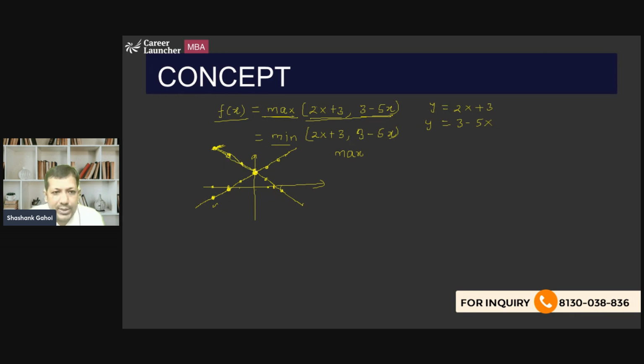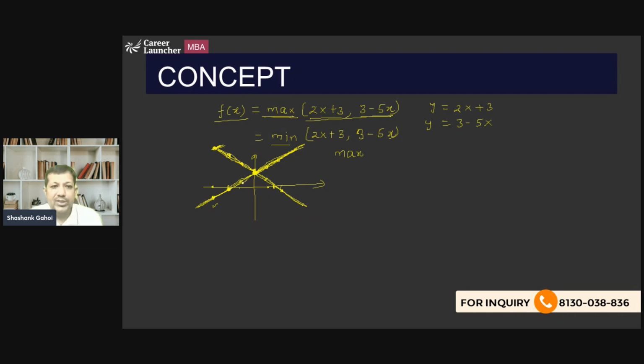So till this point, the function is decreasing. Now, though both values have become equal, now I'm going to pick the second function, that is this function. So this is actually going to be the graph of the maximum function. On the other hand, if I'm going to talk about the minimum function, so this lower graph is going to be the graph of